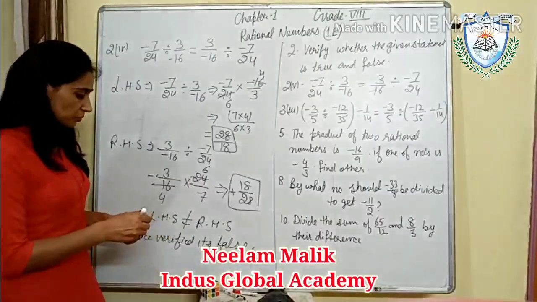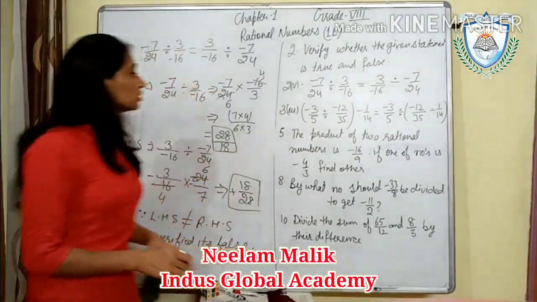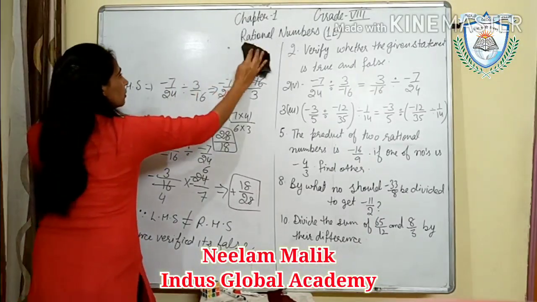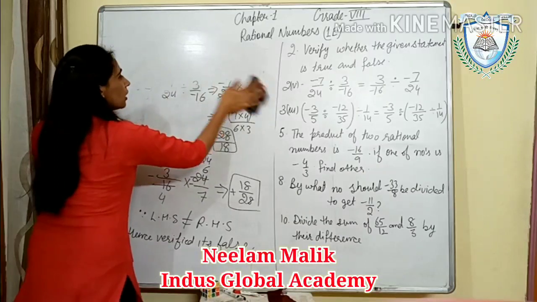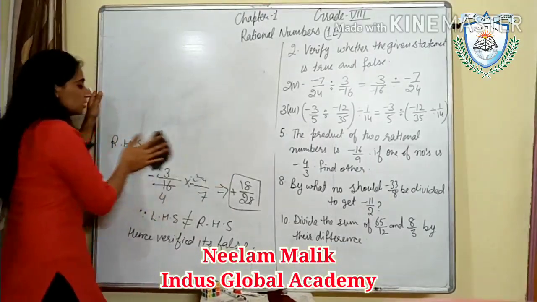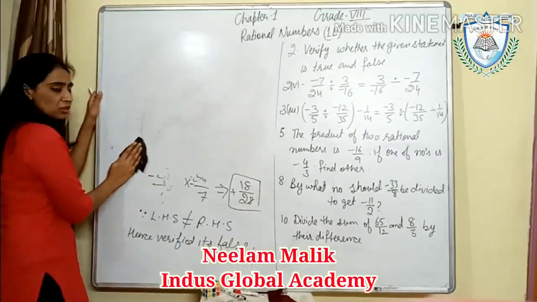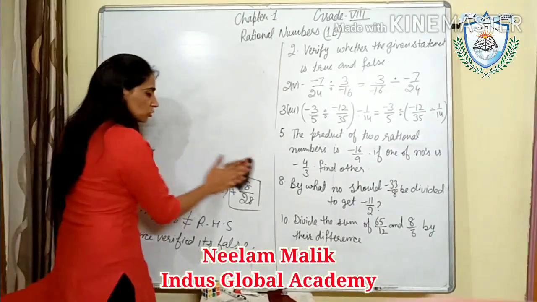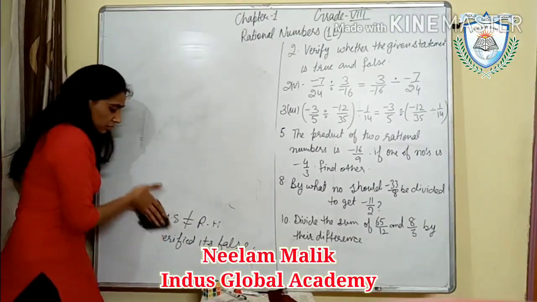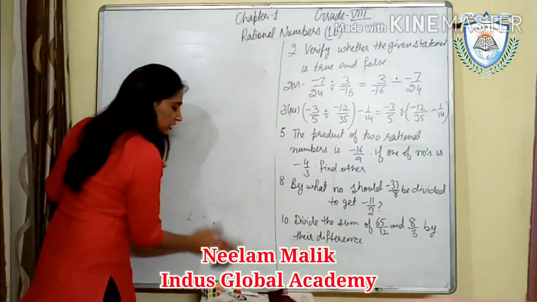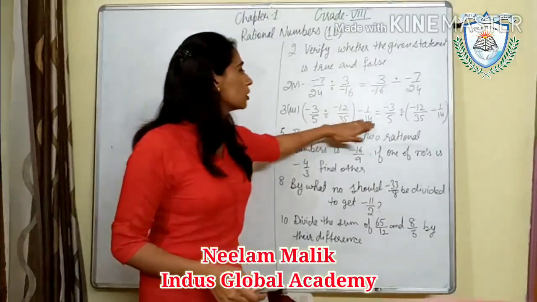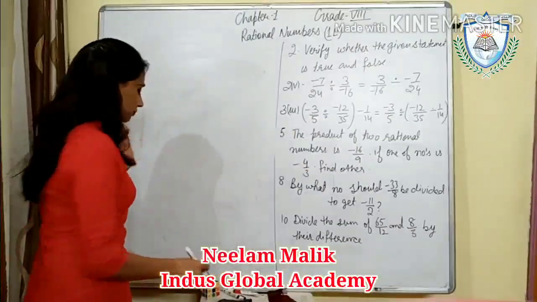Now we will do question number 3, third part. Okay, in question number 3, parts are given. Two you will do on your own. I am doing the third one for you. So in that there are three rational numbers on the left hand side and three on the right hand side. So in the associative property we are taking three numbers. Yes, so here your associative property is given. Okay, so we will solve this.